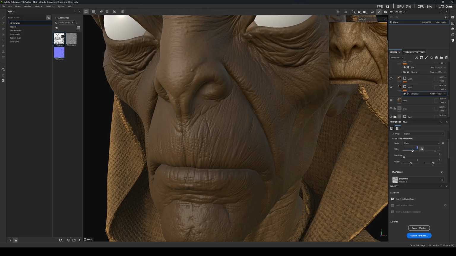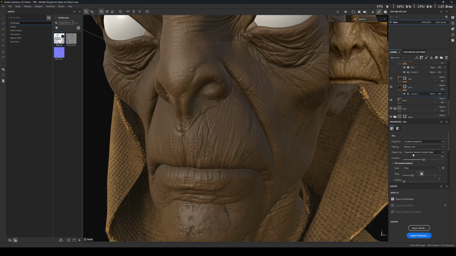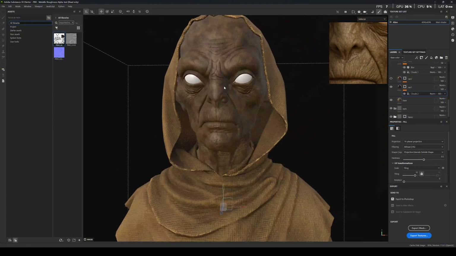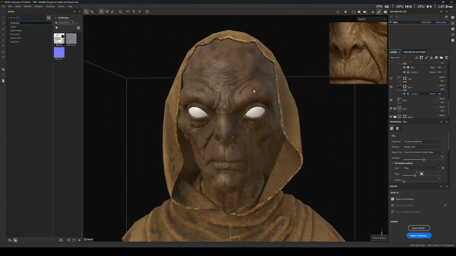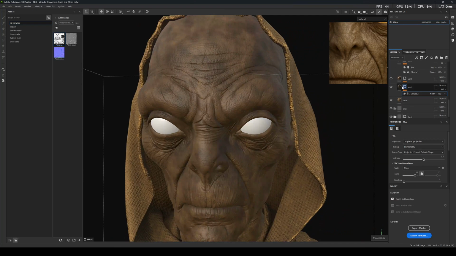For the cloud tool, let's change UV projection to triplanar, and also let's increase the tiling to something like 10. As you can see, now it gives a lot of detail here,